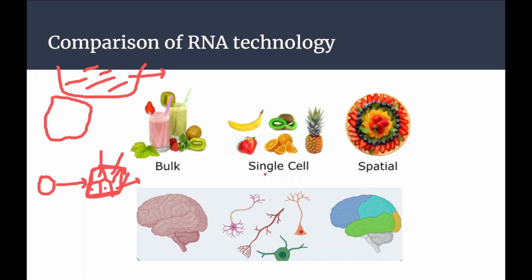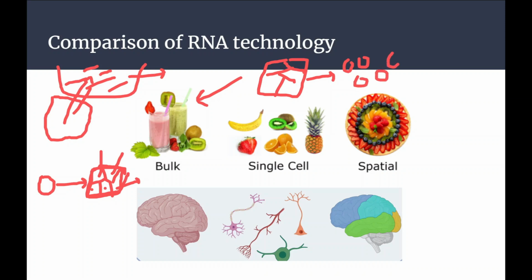Single cell profile means we are doing the same thing, RNA-seq, but at single cell level. In bulk RNA, we are rupturing the tissue and collecting all the RNA. But in single cell, we have the tissue, and the first thing we have to do is isolate single cells. Let's say this tissue consists of 5 cells. I'm going to isolate all 5 cells first, then isolate the transcript mRNA from each cell.